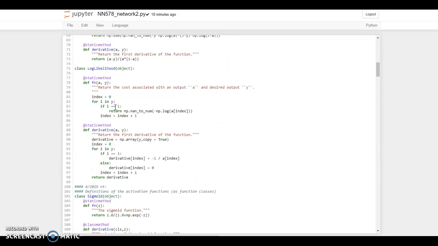Log likelihood, we only care where y equals 1. The formula is negative natural log of the network output where y equals 1 at that index. And we do np.nan in case we get a nan value here. And for the derivative, similar deal, except the formula is negative 1 over the network output where y equals 1. Otherwise, we set it to 0 and we return that